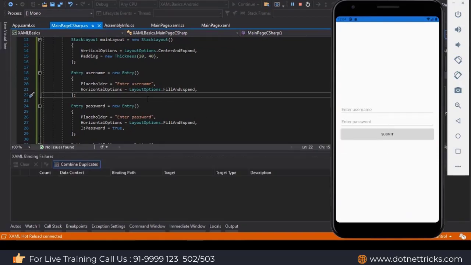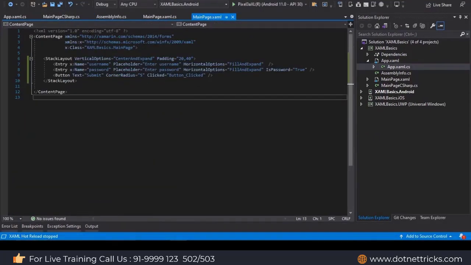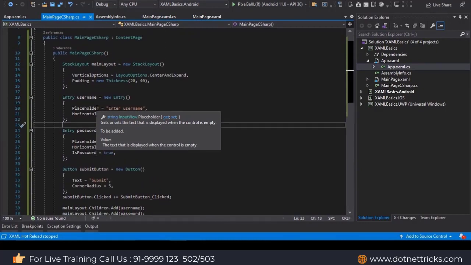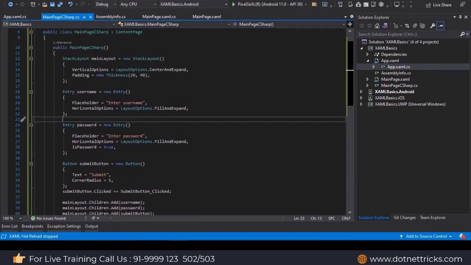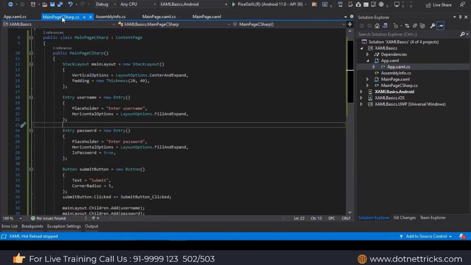Now you could see easily, on comparing the XAML and C# code, that the C# code is a bit lengthy, and for a small requirement like a login page, it has more lines, and the readability of the code when compared to the XAML is not that great. When you look at the code in XAML, it is easily understandable and the view hierarchy is simple and neat. So that's how XAML helps us to develop the UI much faster and better. So I hope you find this session helpful. Thank you.